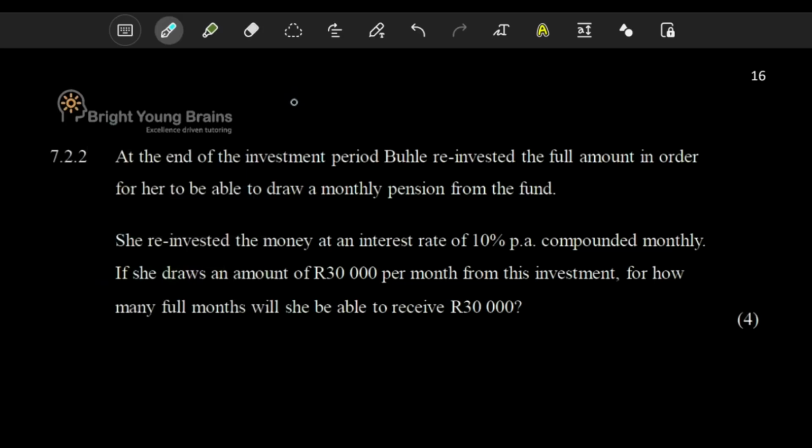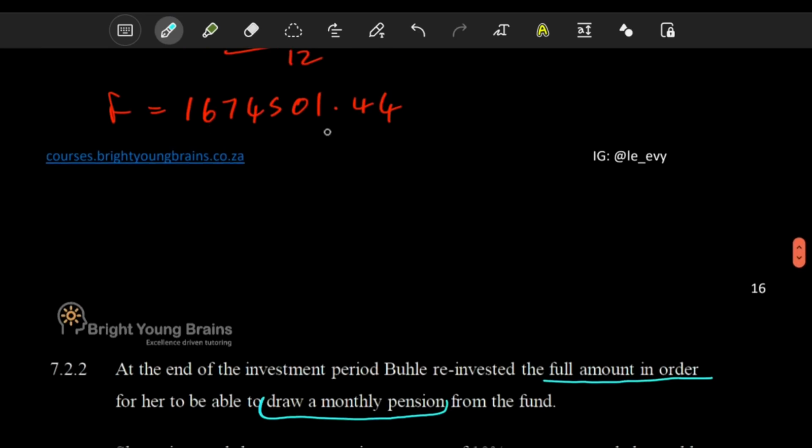At the end of the investment period, Buhle reinvested the full amount in order for her to be able to draw a monthly pension from the fund. Let me read again. At the end of the investment period, Buhle reinvested the full amount in order for her to be able to draw a monthly pension from the fund. So basically what it means is this 1 million something here, she did not take it out